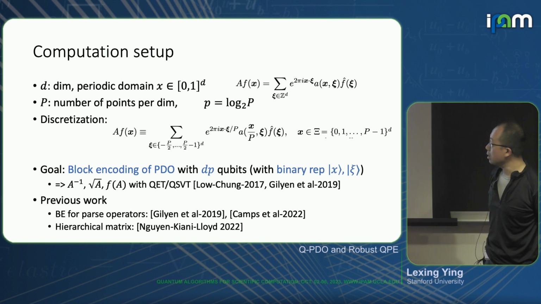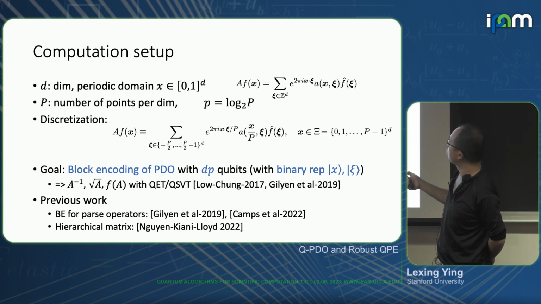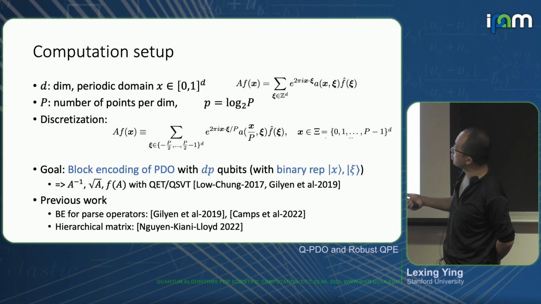Now, this is still a continuous object, so it's very hard to put on any hardware. Therefore, you also need to do a little bit of discretization. After doing this discretization, what you have is the discrete form of the pseudo-differential operator, and the only difference is that instead of evaluating anywhere for x in the unit cube, we evaluate on a certain lattice.